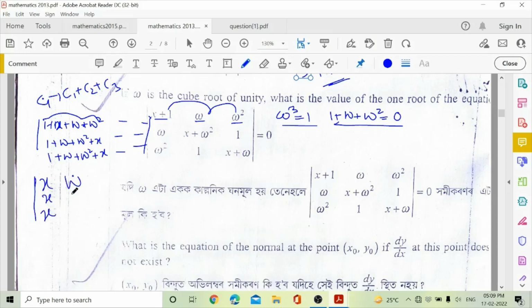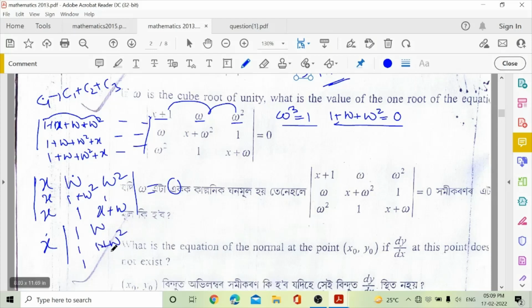It will be omega, 1 plus omega square, 1, x plus omega, correct, is equal to 0. Okay, now what you do, you can take x common outside, so we'll have x, then 1 1 1, it will be omega, 1 plus omega square, correct. Next one is x plus omega, next one is 1, then it will be omega square, 1, x plus omega, am I correct? So equal to 0 already given,